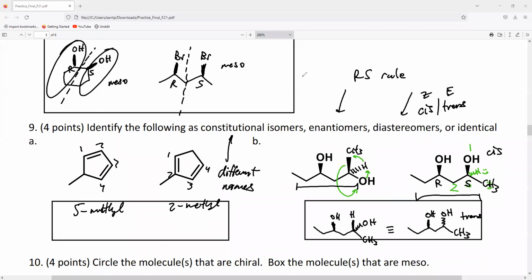Okay. The hard ones, you can even just write this down, is like this one here. This molecule here, let me give it a bit more space. Now this molecule doesn't have a very apparent mirror plane. But it does have one, and this is a meso molecule. So there are several different ways you can prove this yourself. One thing you can do is the 3D manipulation again, right? So if I draw in the wedge H,